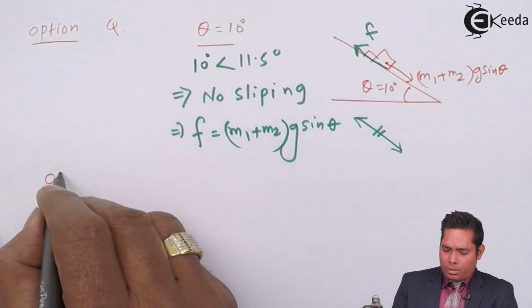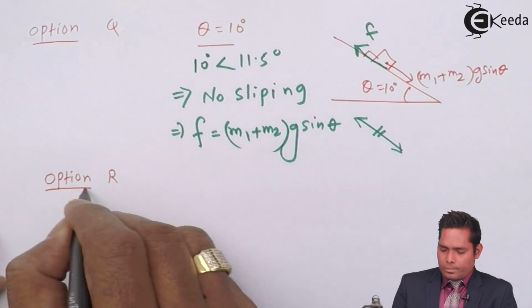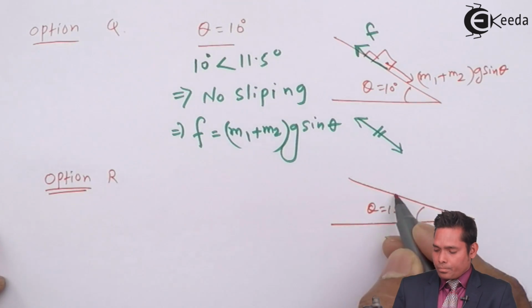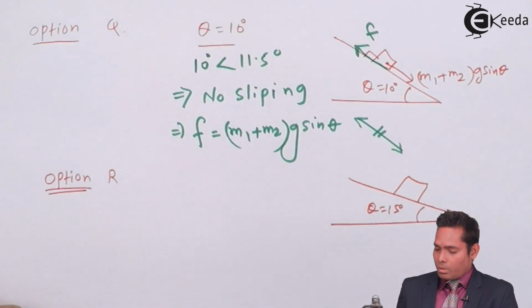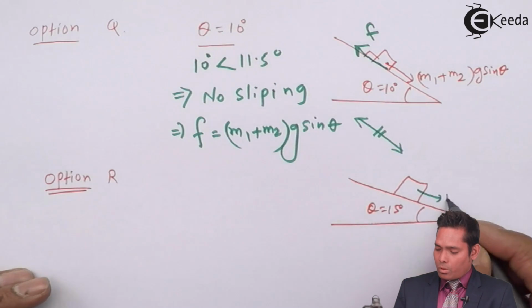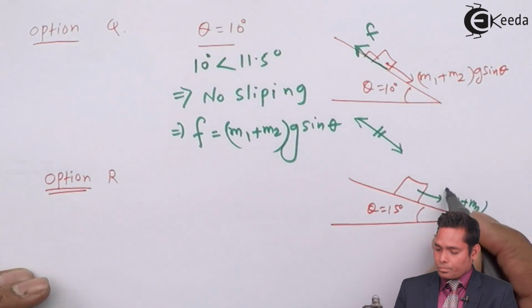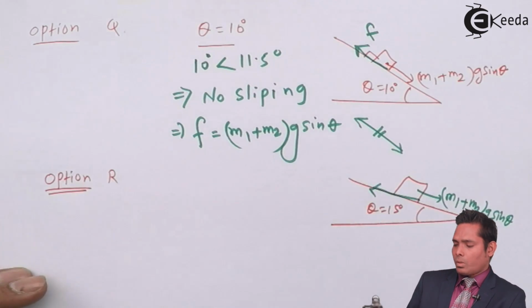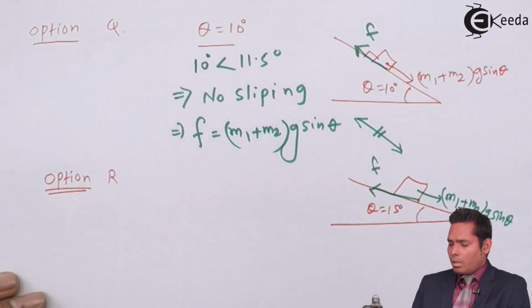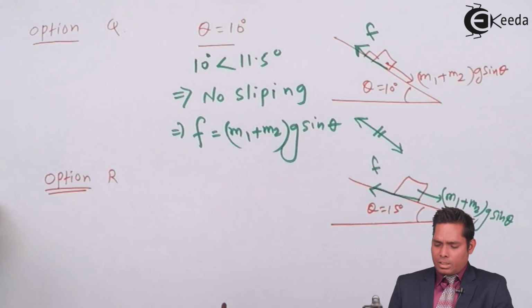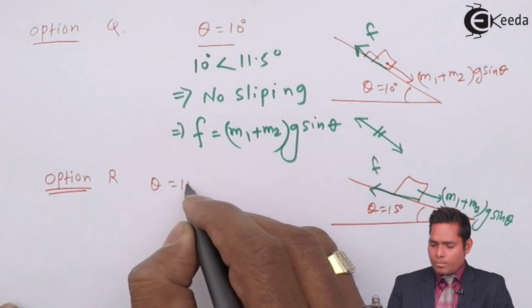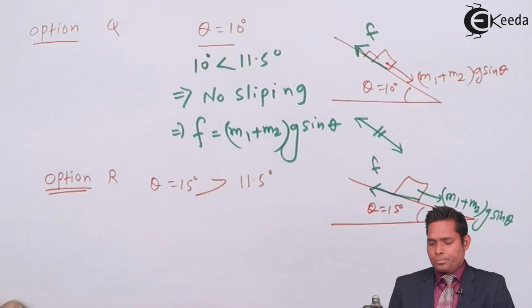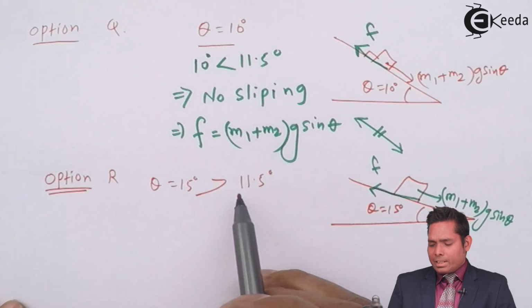Now option number R we will check. Inclined plane, theta 15 degree, block is there, second block, subjected to external force of (m1 plus m2) g sin theta. What is the friction that will act on this? That is the question. But now in this case, the situation is that theta equals 15 degree, which is greater than 11.5 degree. If theta exceeds this value,